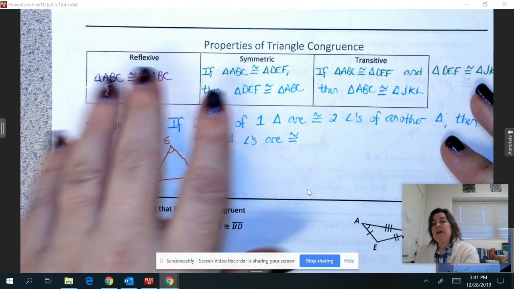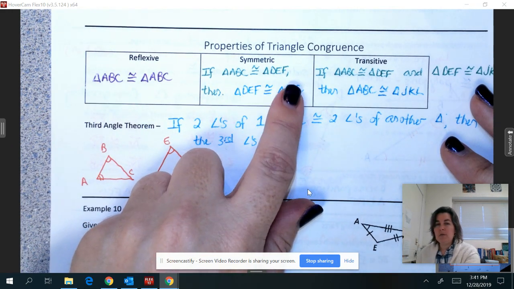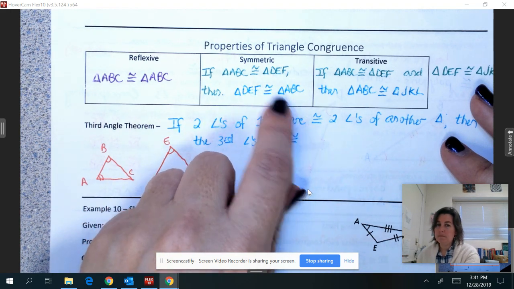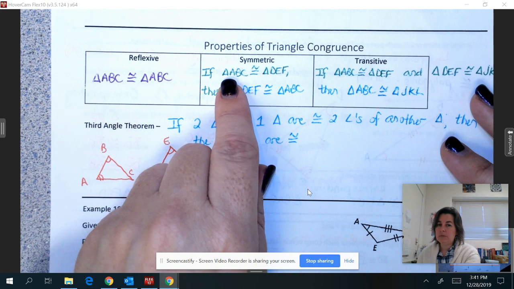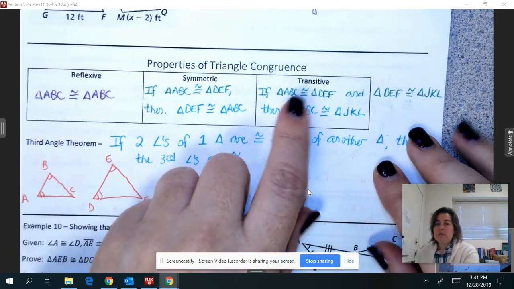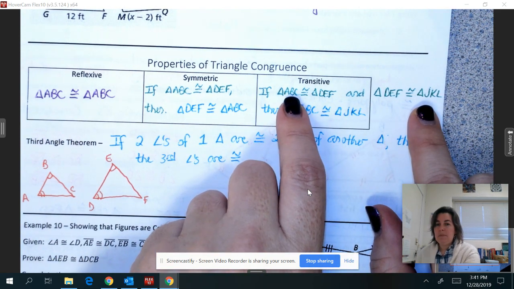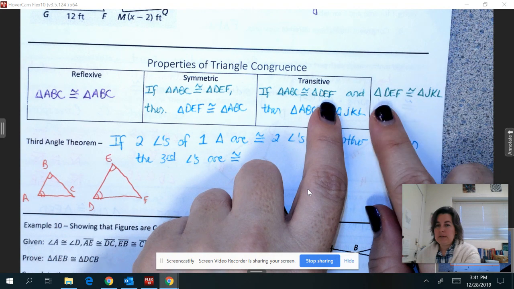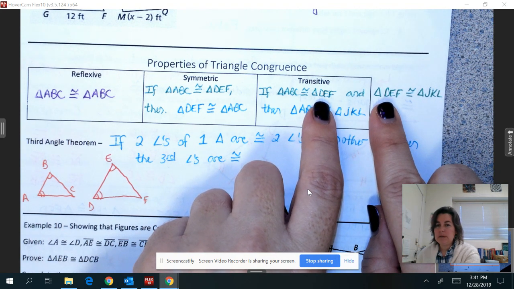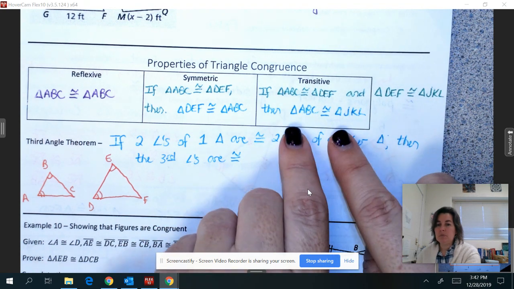Basically what that says. The symmetric property basically means that the order doesn't matter when you say something's congruent to something else. So you'll see that we just switched that around. So ABC was first here, it's last here, DEF and DEF. So the transitive property, it's kind of long, so it goes over to here. ABC is congruent to DEF, and DEF is congruent to JKL. So DEF is in both of those statements. Since both of these things are congruent to DEF, they have to be congruent to each other,